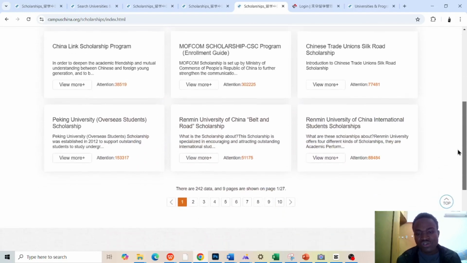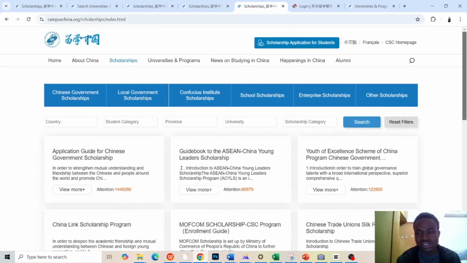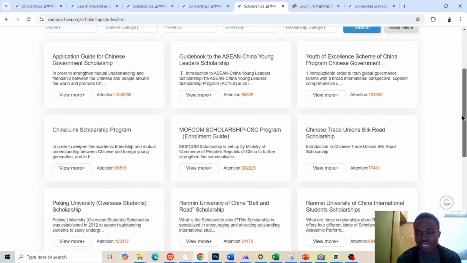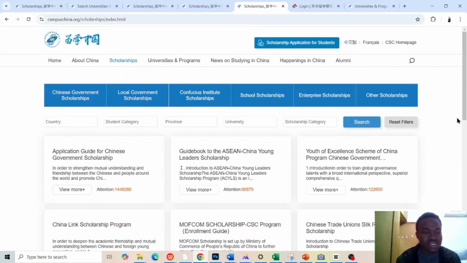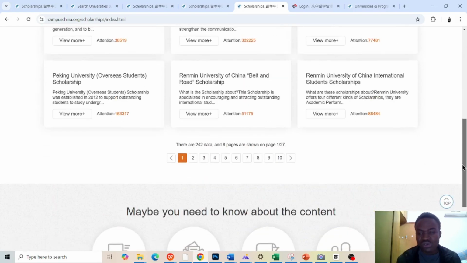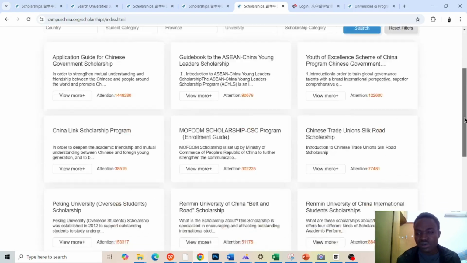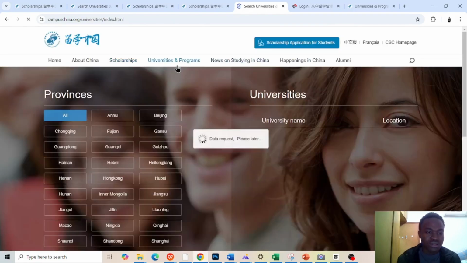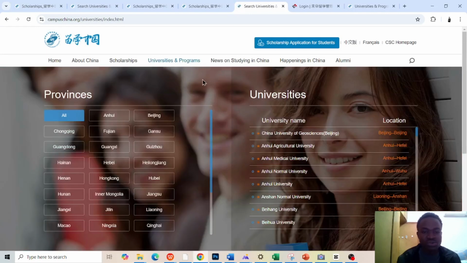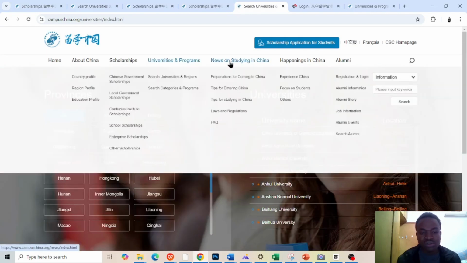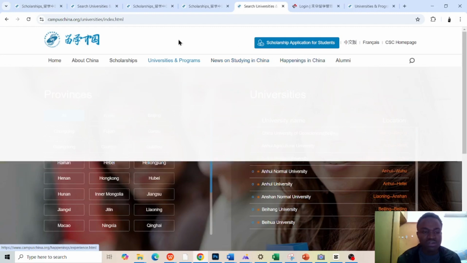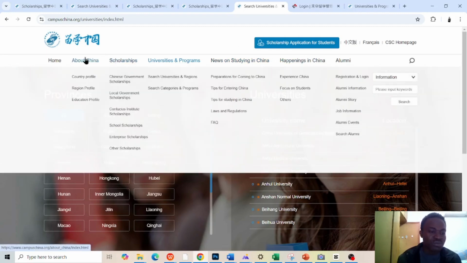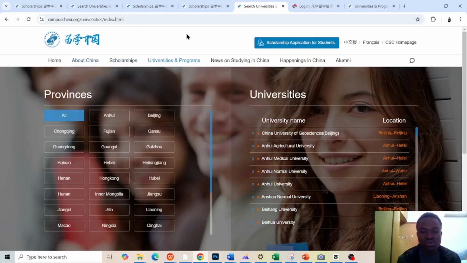If you need any information regarding the application process in China, you can leave a comment. I'll be ready to help because I'm currently a student in China. I've gone through the process and I know the steps required when it comes to the application, and how the application process goes when it comes to getting the scholarship. What are some of the tips you should have, especially when it comes to the interview? You must be very smart and also have some clue on how Chinese people conduct their interviews.